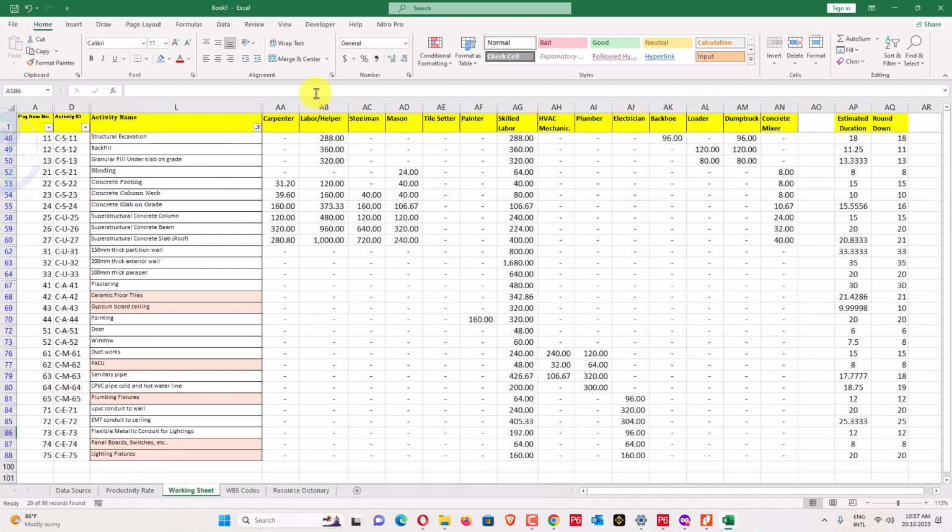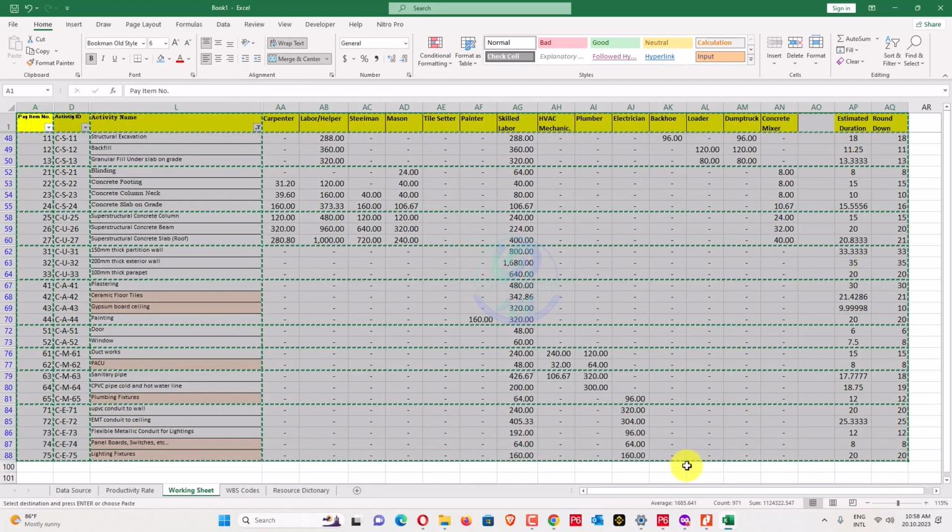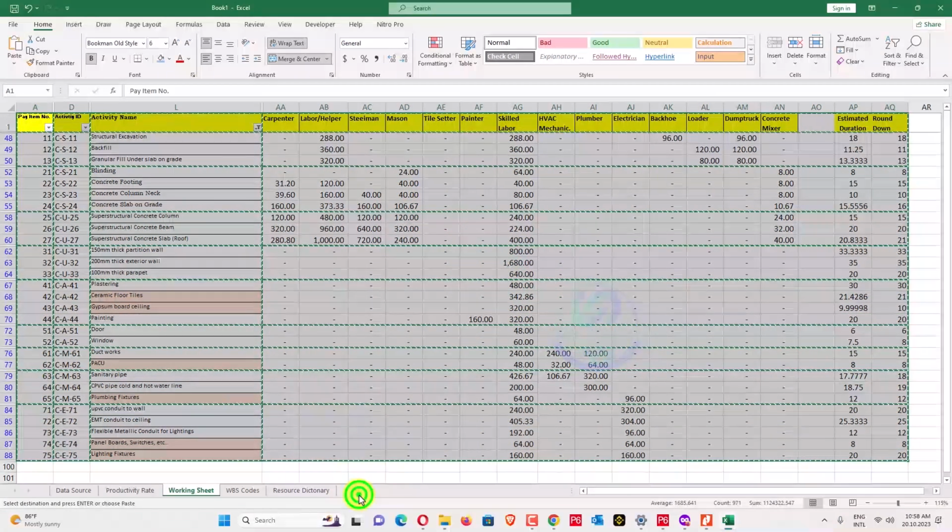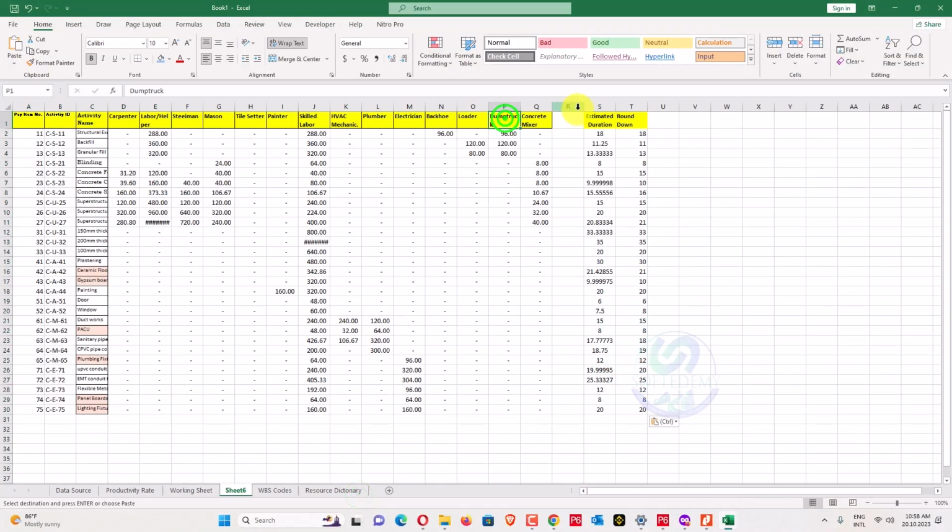There are other options like data query also, Power Query also. You can do that in Power Query also. So if I want to create a Power Query for that, I will just go here, copy and paste here, and I will remove this one.